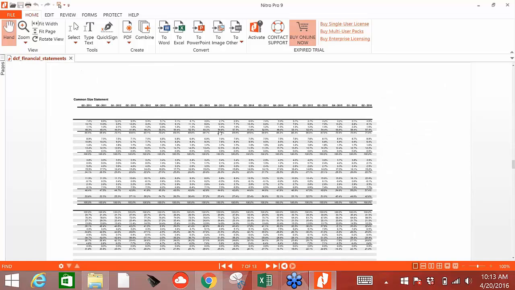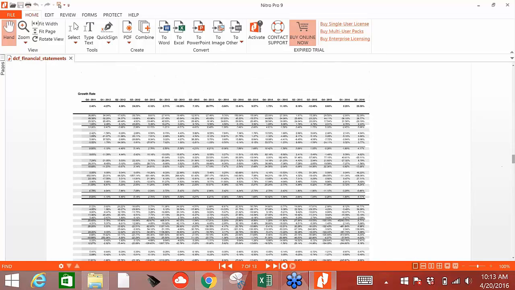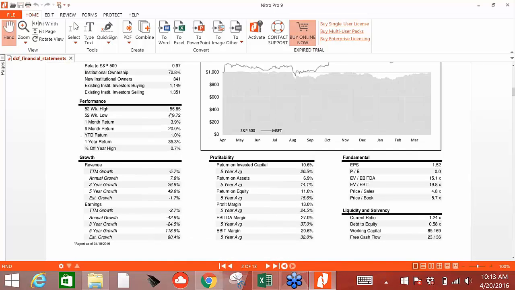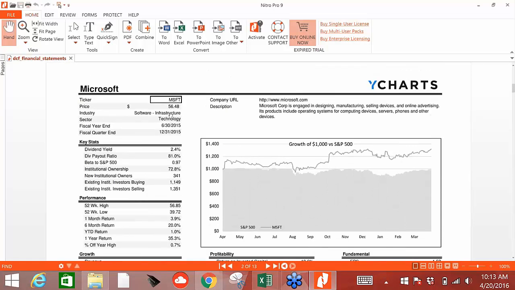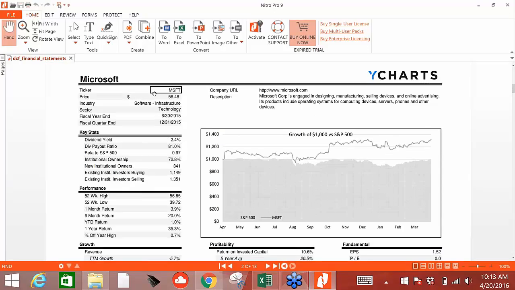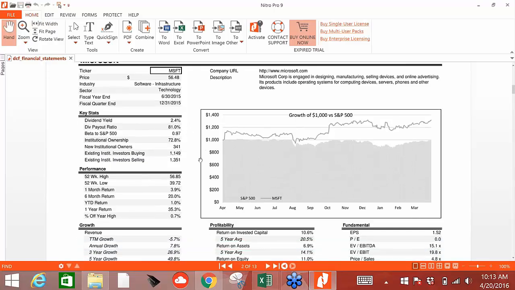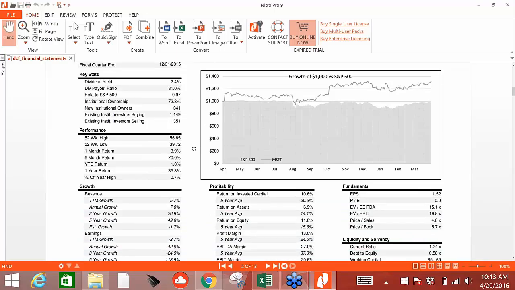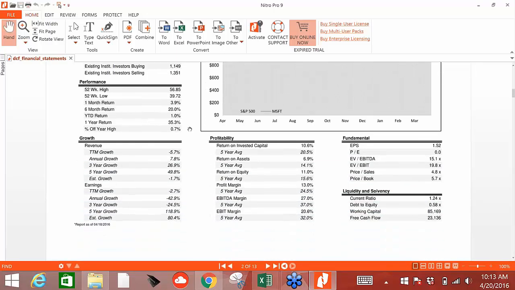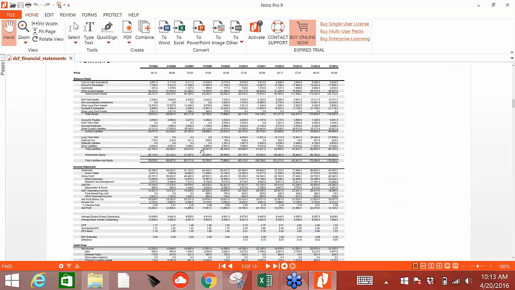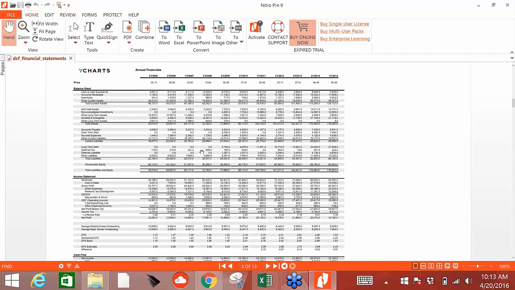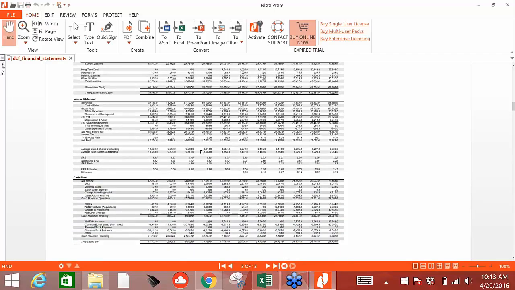Let me go to the top here. Okay, so this is for Microsoft. The way this would work if it wasn't a PDF is you could go into this little ticker box and just change that ticker out, and it would just pull in the information for that ticker. But it's a pretty huge spreadsheet, so that's why I brought it into a PDF, just so it doesn't freeze on this call. So we have balance sheet, we have income statement, we have cash flow,